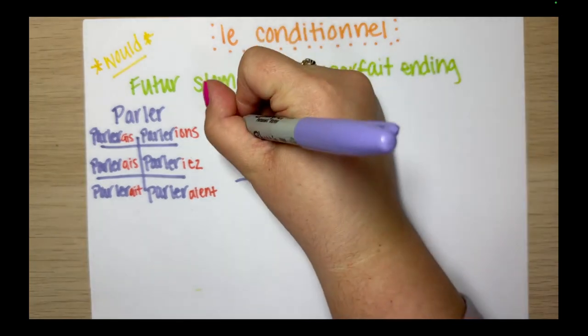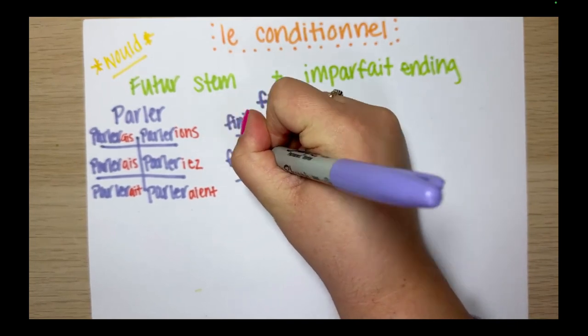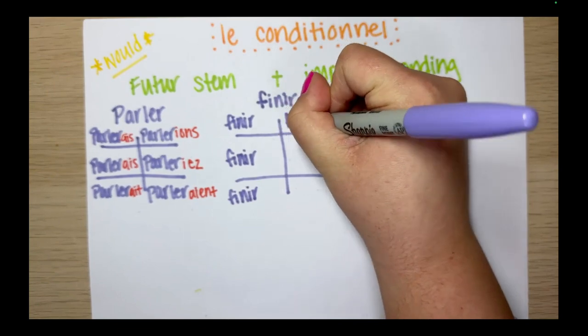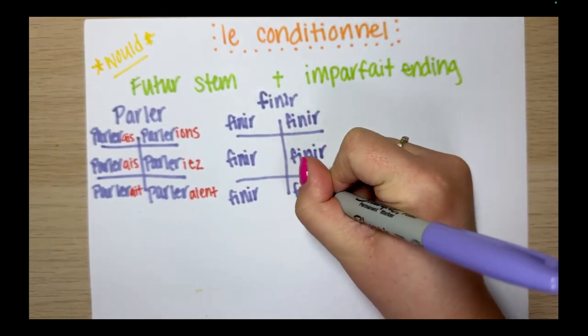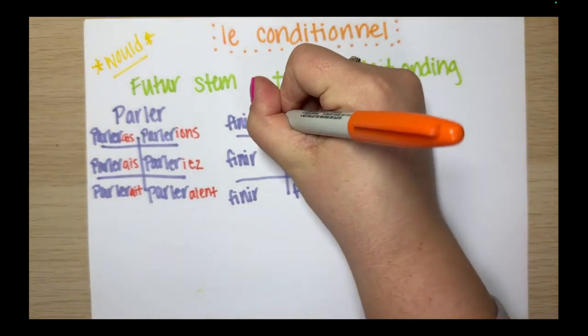So I'm going to copy all of this down. OK. Et puis maintenant, on peut ajouter les terminaisons de l'imparfait. So now we can add on our imparfait endings. We've got AIS pour je et tu,